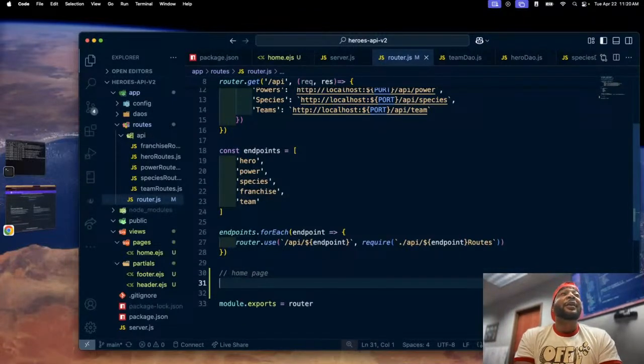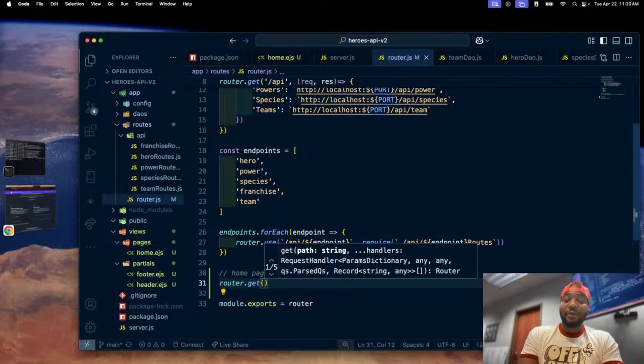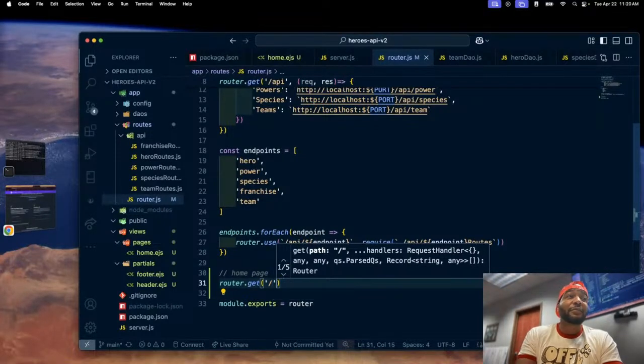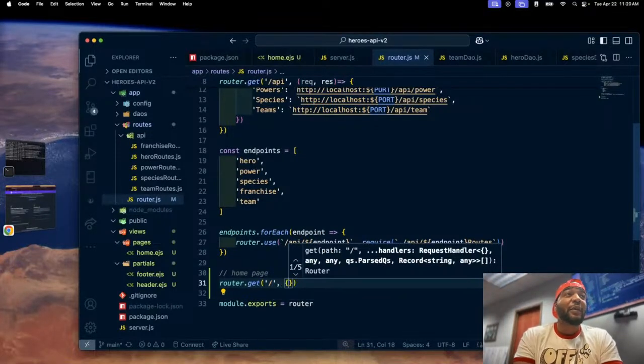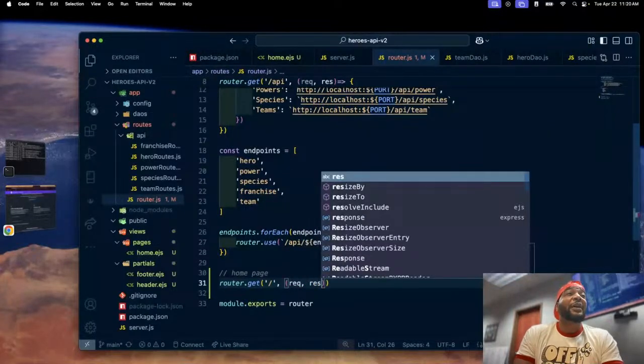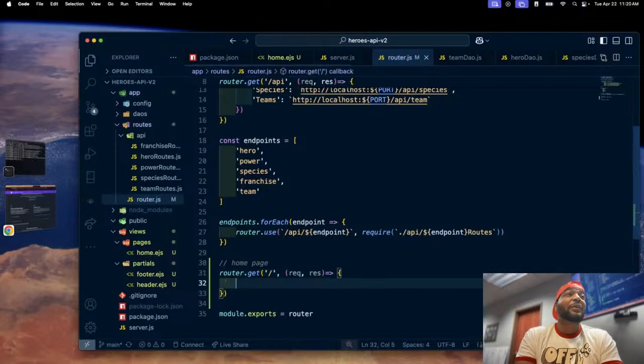Okay. So I'm going to say router.get, and it's just going to be a slash. In other words, this is localhost 3000. And it's going to take, not square brackets, that's silly. It's going to take a request and response. And what we're going to do, we're going to render the response. So we're going to say